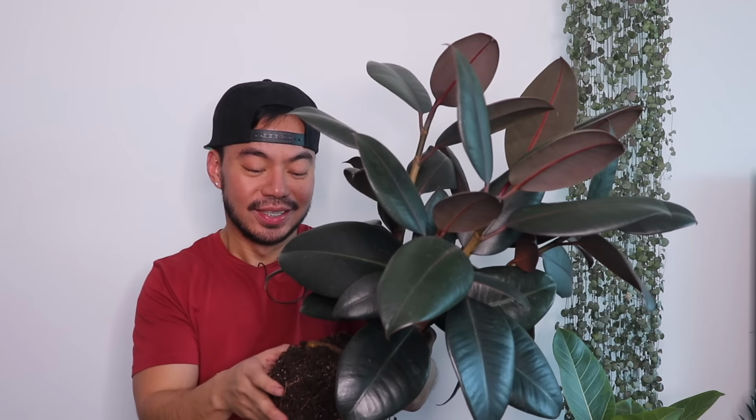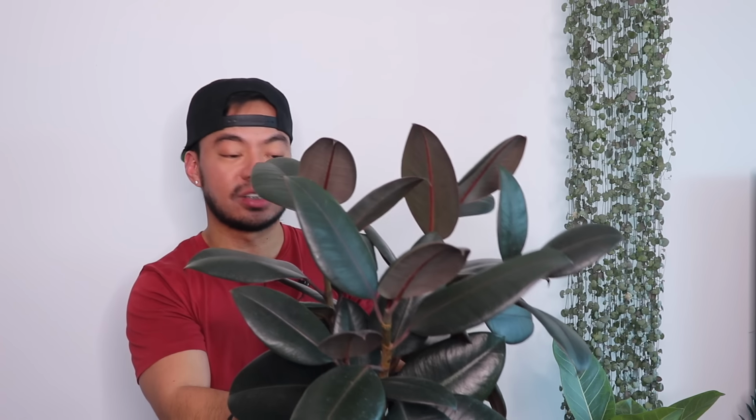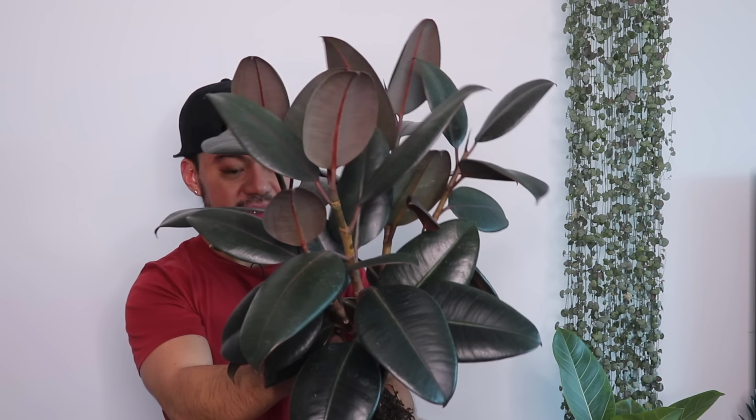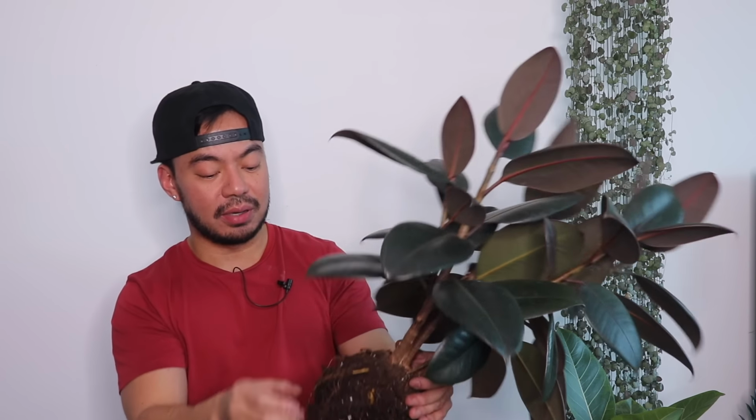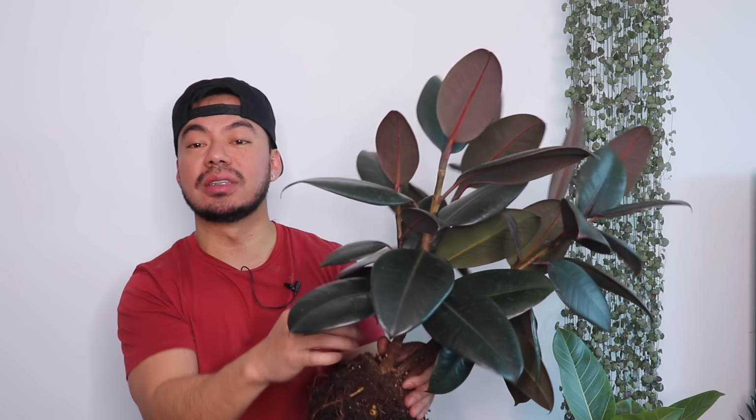And I guess we're just going to have a really big bush type of Ficus Elastica, which I don't mind, because it gives me a bit of variety in terms of styling. I have 2 that are straight up into a single stem, and this will remain a bush type of plant. But yeah, so we're going to get that container, and then we're going to pot this guy, and then we'll take one of these main stems right now. We'll just cut it, and we'll use this to show you guys how I propagate and start a